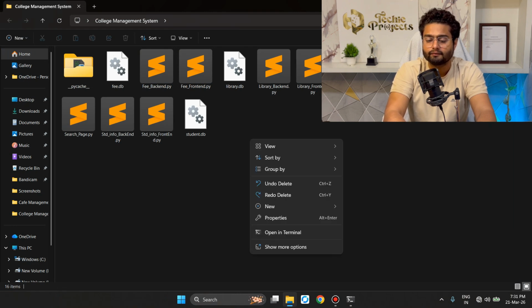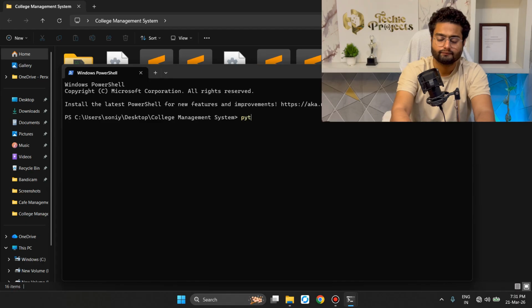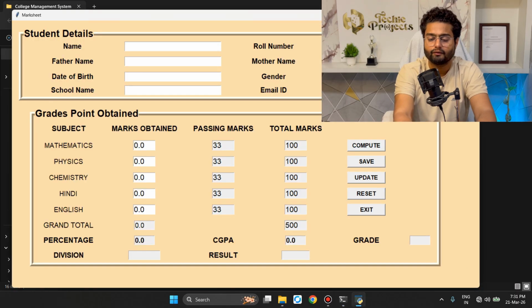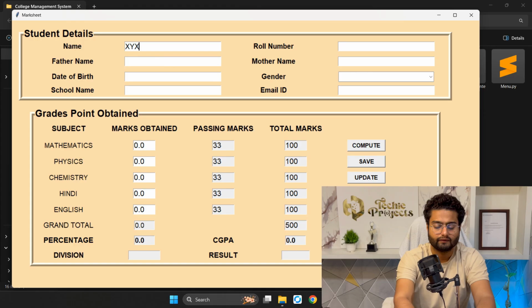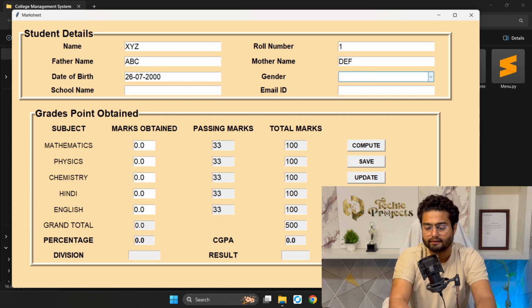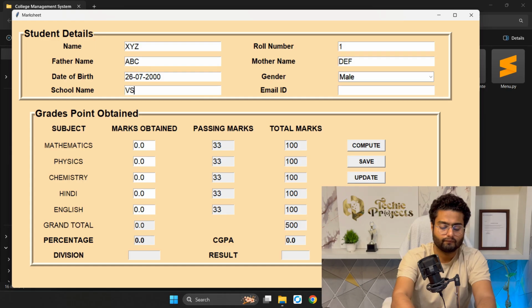Now let's open the marksheet part. For that, you have to open the terminal and then write Python space marksheet frontend.py. So that will be the marksheet part where you have to enter the student details like name, father name, date of birth, school name, roll number, mother name, gender, and email ID. Let's enter the student details like name XYZ, roll number 1, father name ABC, mother name DEF, date of birth, gender. Let's select male, school name VS, and the email ID